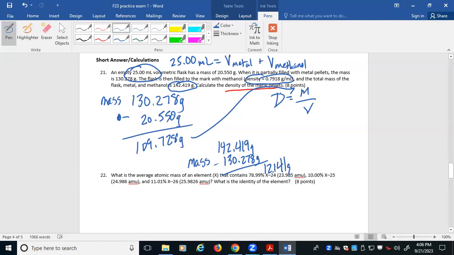The next step would be to use the density to turn the mass into a volume. So 0.7918 grams in 1 milliliter. So if I divide that by 0.7918, to 4 significant figures, I get 15.33. So now I know that the volume of the methanol is 15.33 milliliters,